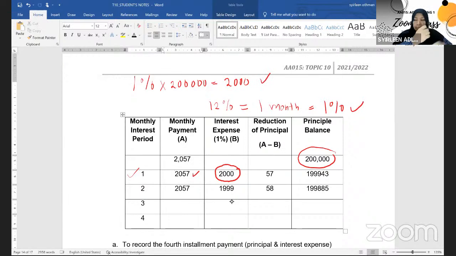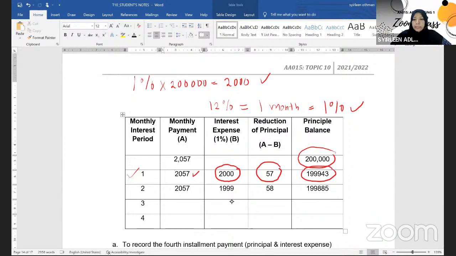So balance tu you ada RM57. So what is actually that RM57? RM57 tu sebenarnya ialah principal. Okay, maksudnya itu ialah pokok yang awak pinjam tadi lah. So tadi you pinjam RM200,000. Dalam bulan yang pertama saya dah bayar RM57. Okay, so RM57 tu, that means pada bulan yang pertama, after I've made the payments of RM2,057, the balance